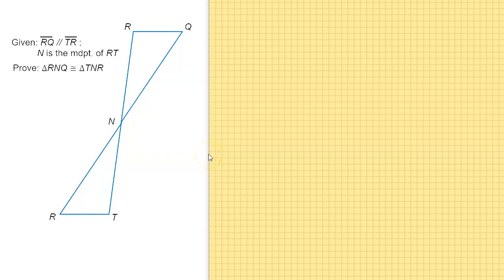Now there are three ways that you can prove triangles are congruent. One is side, side, side. One is angle, side, angle. And the other is side, angle, side. We want to determine which one of these we're going to use to prove that these triangles are congruent. And it's going to have to do with